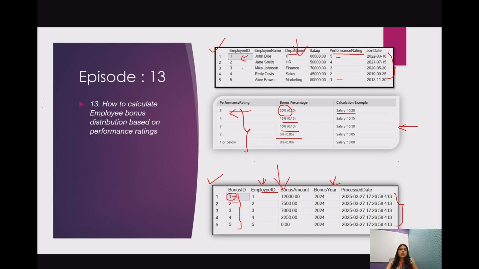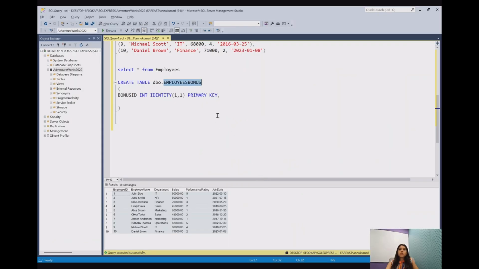Okay, so basically if I want to join these two tables, I can rely on this employee ID column because it is going to be a common column between these two tables. So for that, I can make it a foreign key. So let me add employee ID int, and to define it as a foreign key, at the end I will create a foreign key constraint. So foreign key,